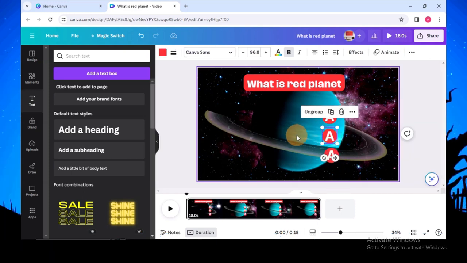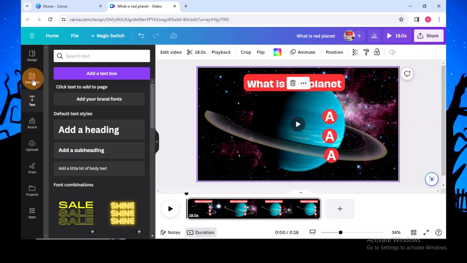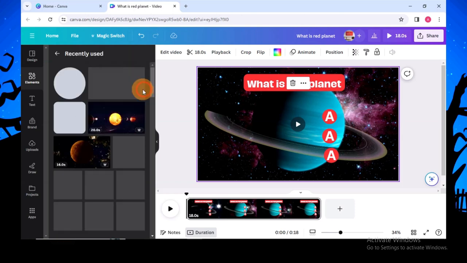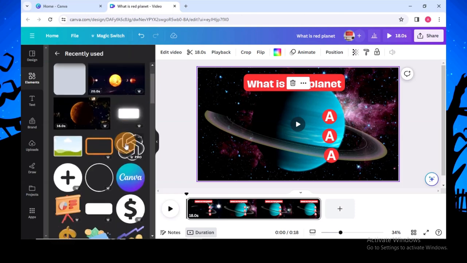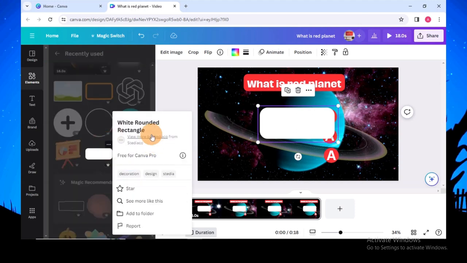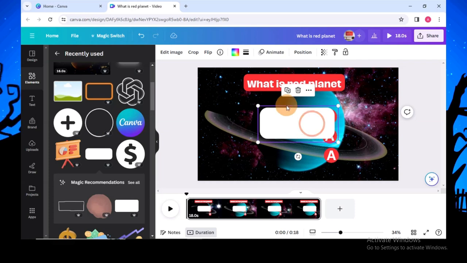Also I'll add 3 text layers for these 3 options. So just head over to element again, so I'm using this. Then